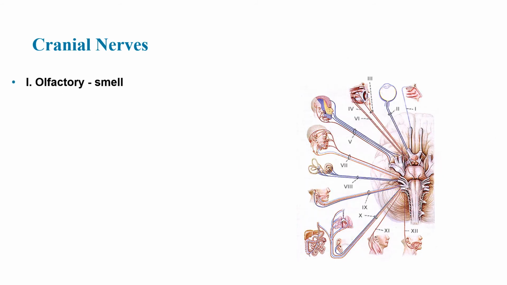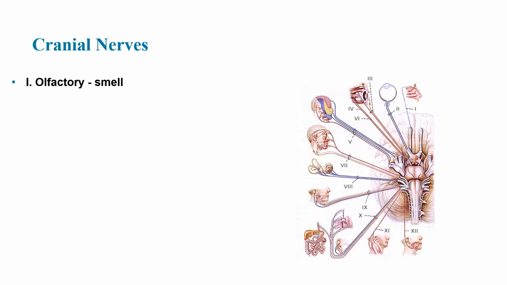Let's look next at the cranial nerves. So the cranial nerves are fun. There are 12 cranial nerves. There are actually 12 pairs of cranial nerves, one on each side. And these cranial nerves basically come from the upper part of the spinal cord, at the tip of the spinal cord, the hindbrain. We'll talk about that in a bit. And these branch off and go to various different places.